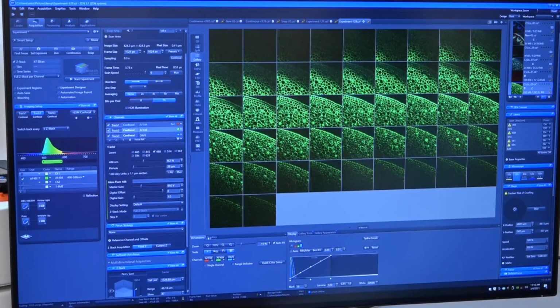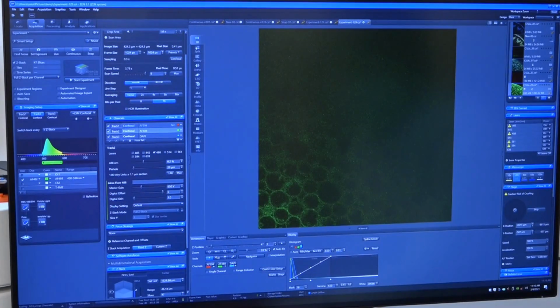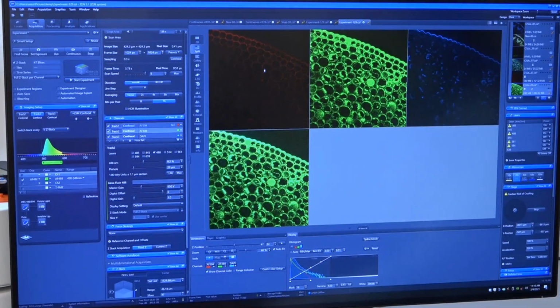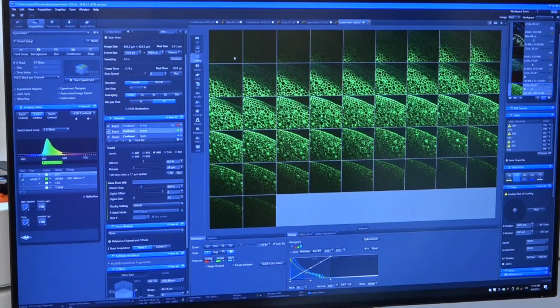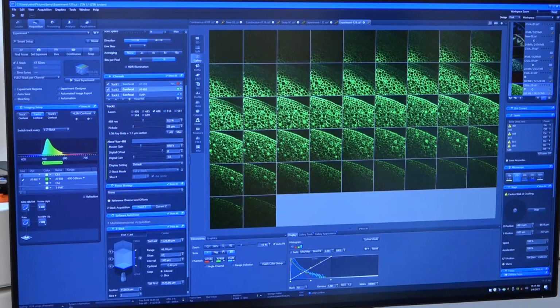So I have DAPI, FITC, TRITC all together. So you will see here, red, green as well as blue, all the 3 channels I have got. And in this, if I go to the gallery, these are the slices. So you can see 1, 2, 3, 4, 5, 6, 7, 8, 9, and 1, 2, 3, 4, 5. So this is how much? If you see in the Z, it is 47. So 45 and 2, 47. So 47 slices we are getting for each channel for red, green and blue.